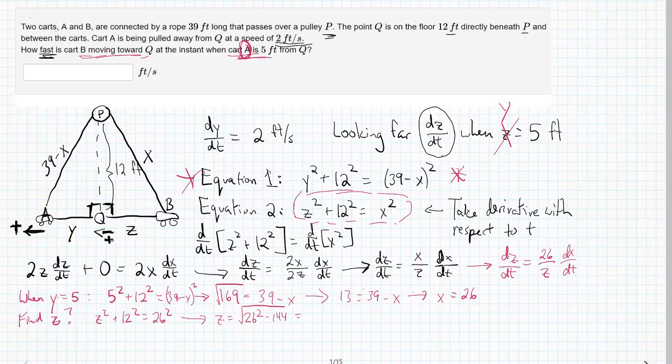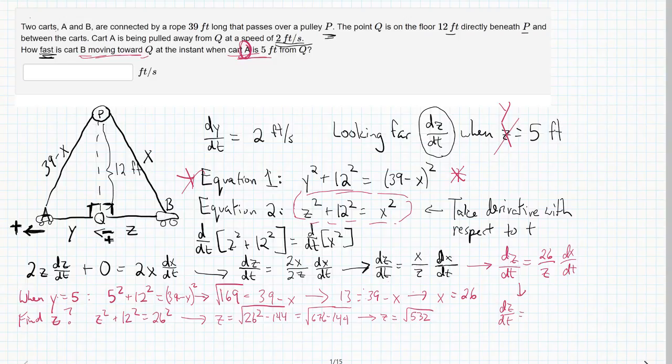So yeah, that'd be the square root of 676 minus 144. This part wouldn't be necessary come test time. You could always leave it as is. And so this means z equals the square root of 532. So what that means now, dropping this formula on down, we have dz/dt